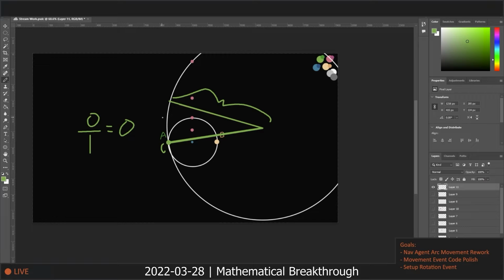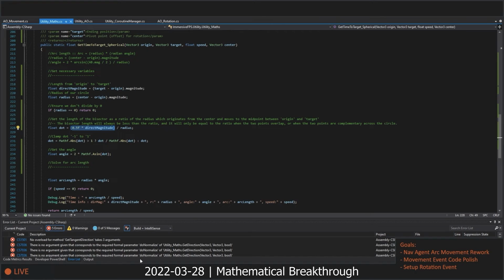That's why I think it's important to simplify things like this. You can clearly see that the angle here is 0. No one needs to know trigonometry to understand there's no degrees between A and C. So what we can do then is use that to prove how this all works and do